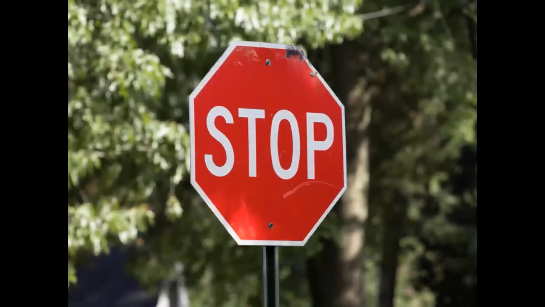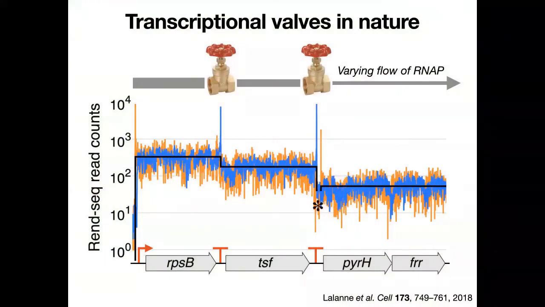Now, another approach that we've been exploring to control transcriptional flows is by engineering the terminators, actually, that are normally designed to stop them. Now, nature also makes use of this type of regulation to coordinate normally the co-expression of many genes that have become localized in DNA. And this is an example of the transcriptional flow in the B. subtilis genome, where we've got a single promoter here that's used to drive expression of these 4 downstream genes,